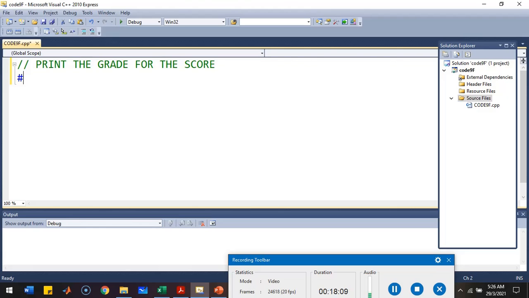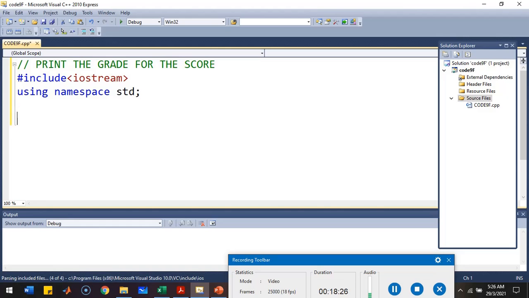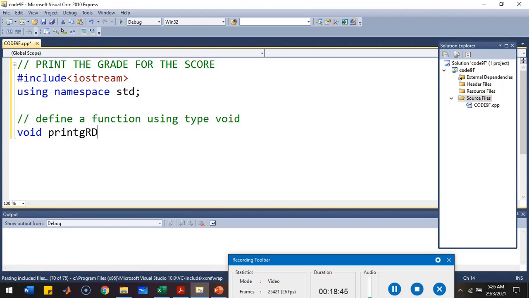Okay, so let's start with include iostream. Then you have using namespace std. Okay, so I'm going to define a function here using type void. So I have void print grade